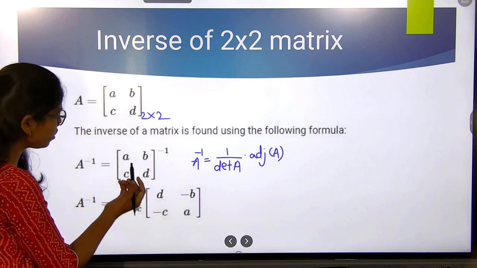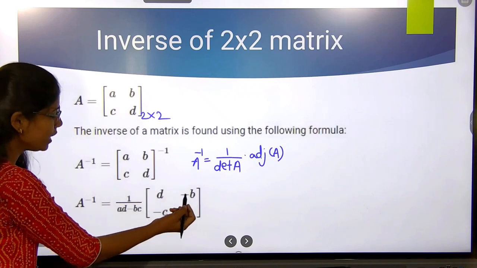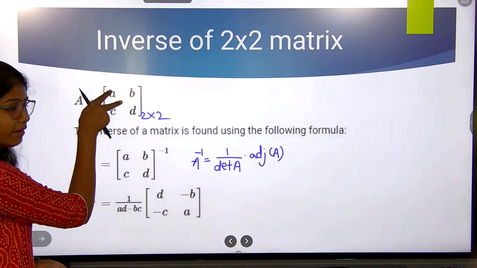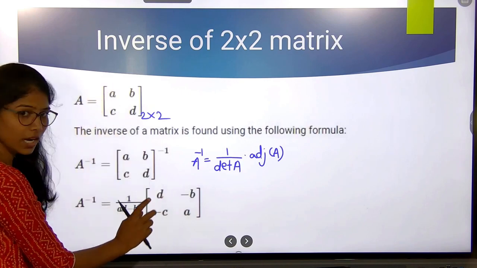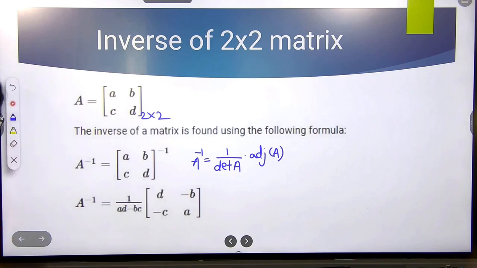So adjoint of A, what? Interchange the diagonal elements and change the sign of other elements. Just interchange this A and D, so D and A, and change sign of other elements. This is your adjoint of A. Now